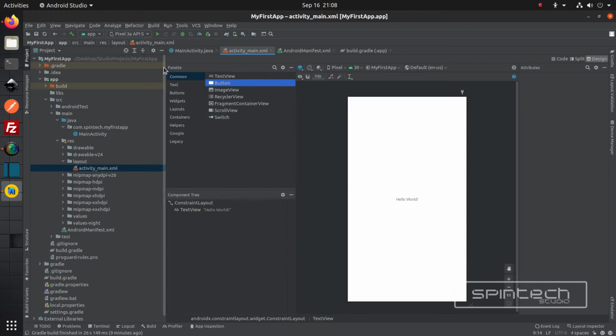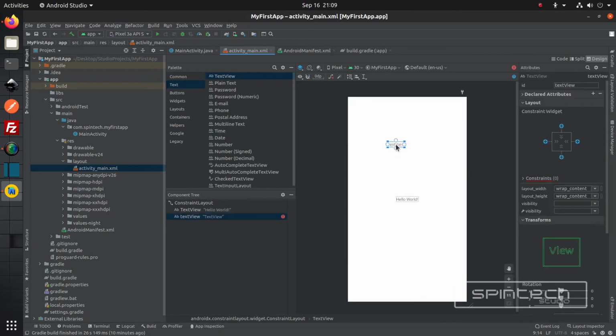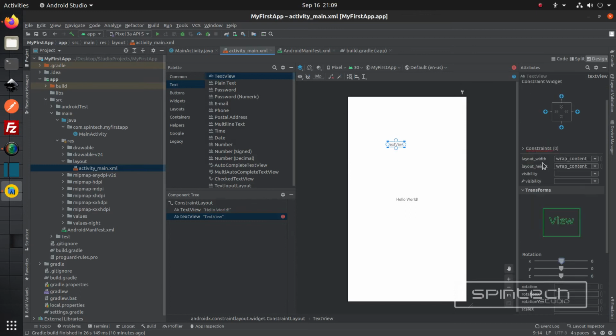On the left hand side, you can see the palette. Here we have all the views available in Android: text views, button, image view, recycler view, and there are many other options to choose from. We can easily drag and drop these elements to our layout, and we can modify their attributes from the right hand attributes panel. We can change its layout width to 100. It's possible to drag it to the bottom,